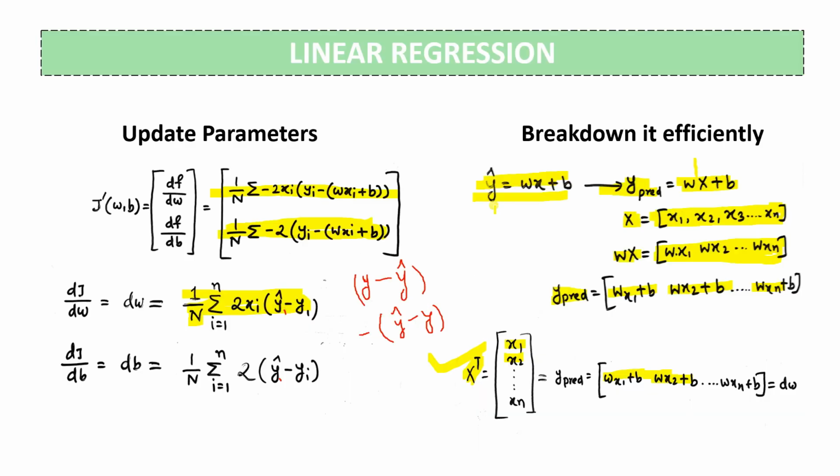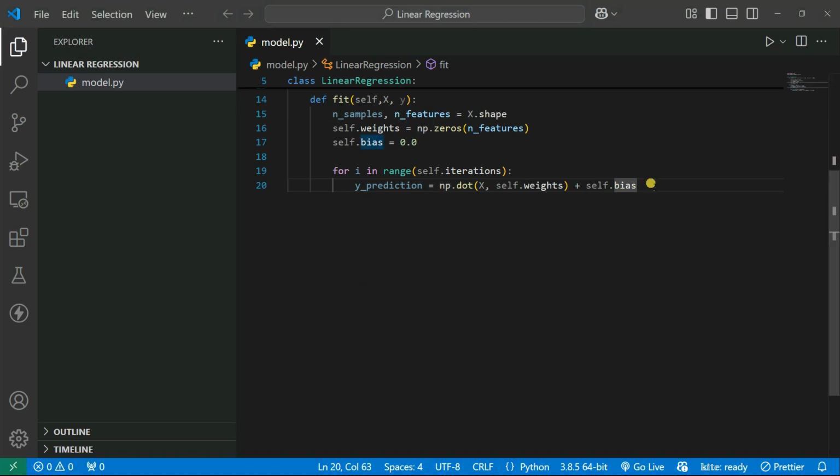If I go again, you can see we're calculating this dw and db. So let's calculate this one. In dw, this is called computing the gradient, or gradient descent, I mean, calculating the derivative for the gradient. Okay, dw, then I will use the formula 2 by number of samples